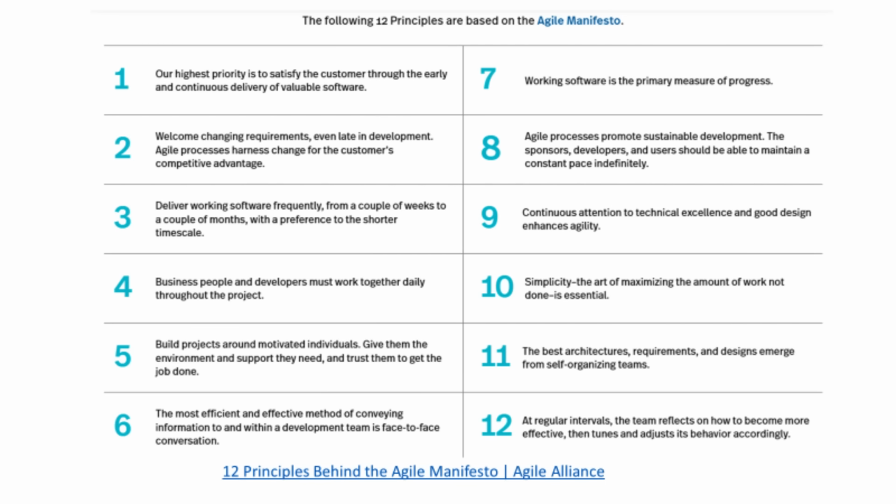There are 12 Agile principles. We follow these principles. Our highest priority is to satisfy the customer through early and continuous delivery of valuable software. Welcome changing requirements, even late in development. Agile processes harness change for the customer's competitive advantage. Deliver working software frequently, from a couple of weeks to a couple of months, with a preference to the shorter